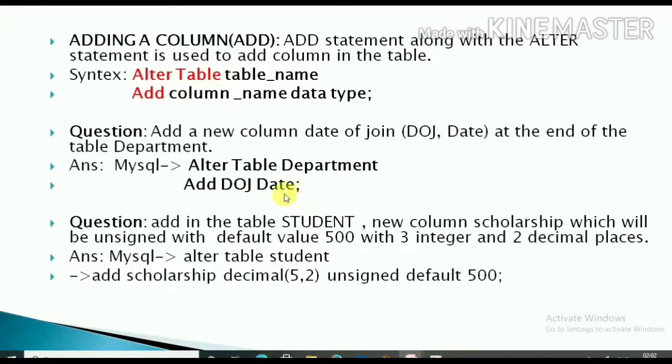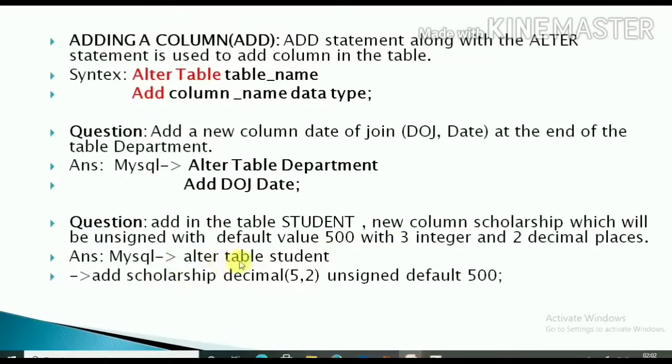We'll see one more question. Add in the table student a new column scholarship, which will be unsigned with default value 500, with 3 integer and 2 decimal places. So you have to add the column scholarship with the characteristic unsigned and default value 500, with 3 integer and 2 decimal places.